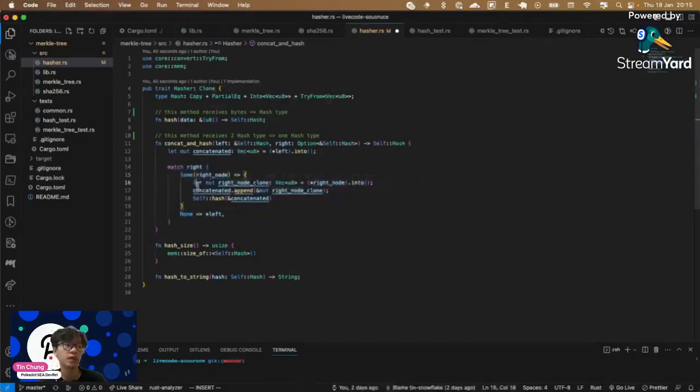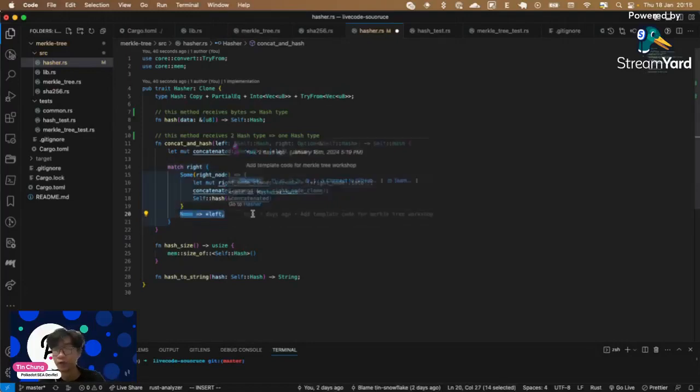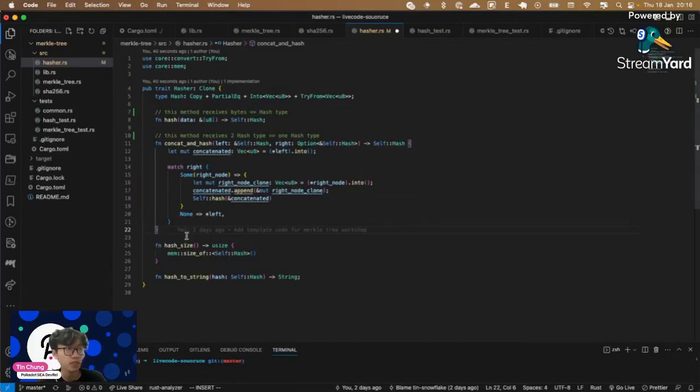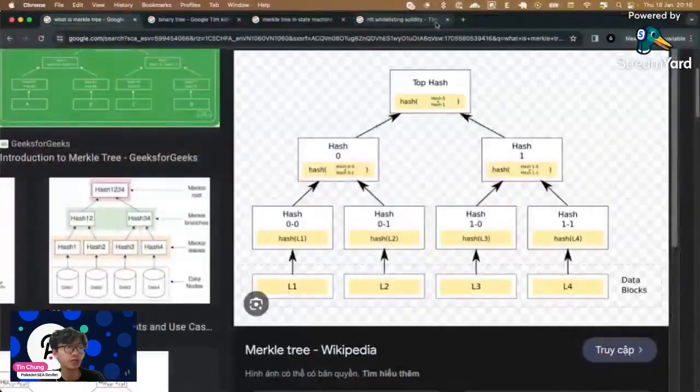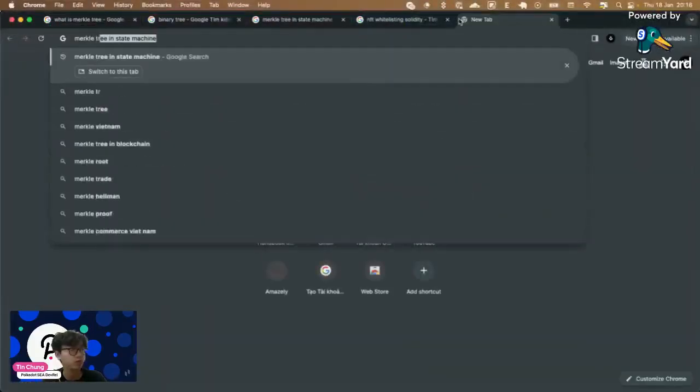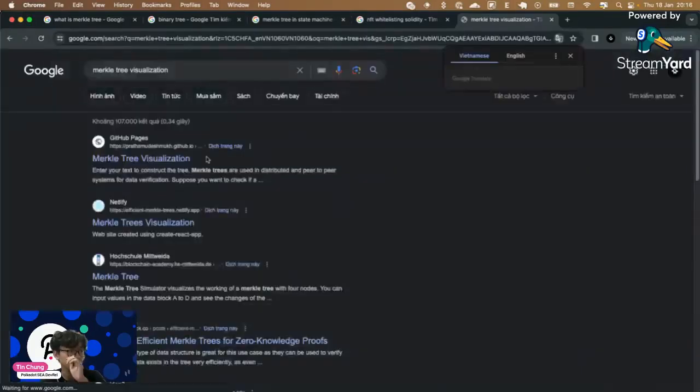If there's a right node, then we concatenate the 2 vectors into 1, and then we hash the whole big vector. And if there's no right node, we just return the left node. Because of the Merkle tree, let me go to the Merkle tree visualization